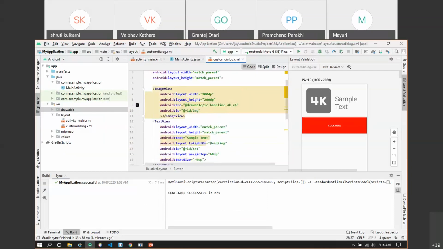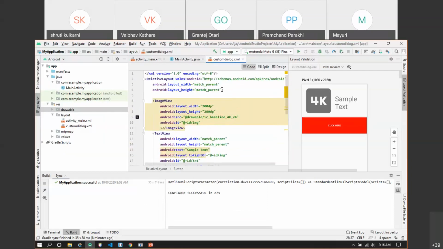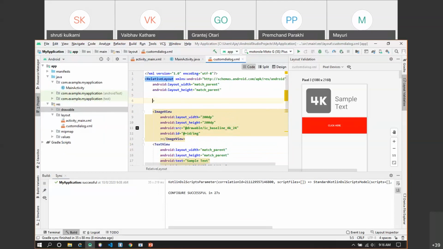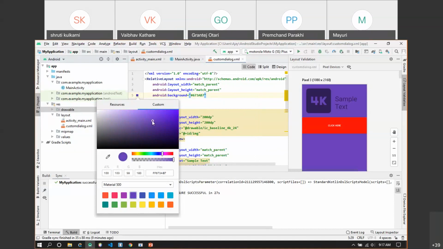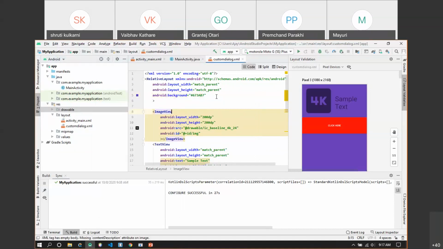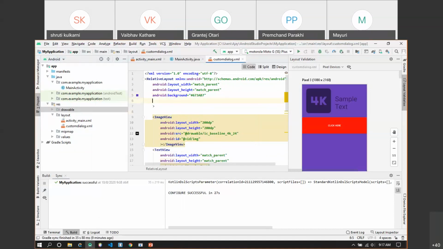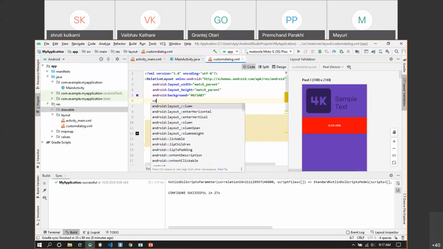Now same thing we'll do for the background of the dialog box. So I can say it here, the background will be #000. It will make the entire background color black, and from this we can choose the color from the palette. We'll choose purple color for the background, and we'll choose the text color as white.